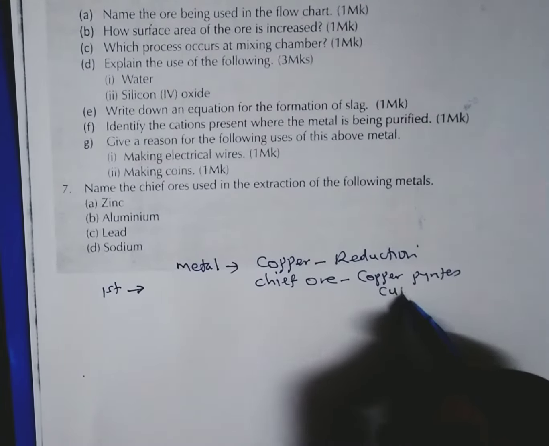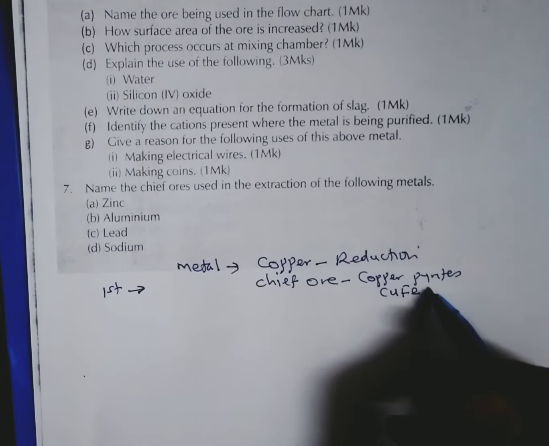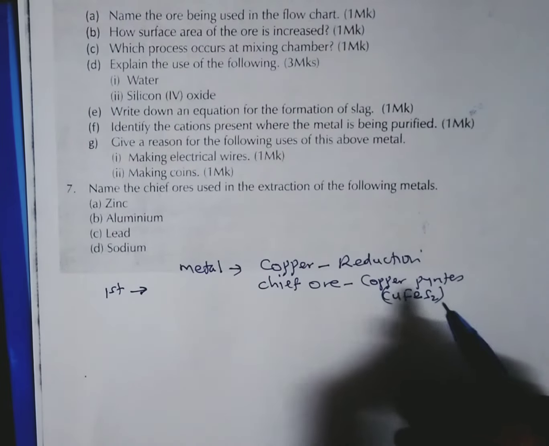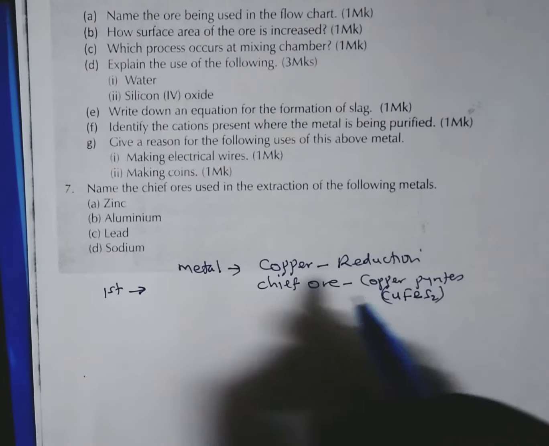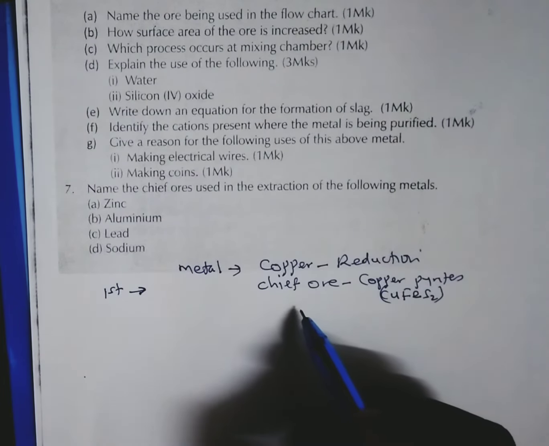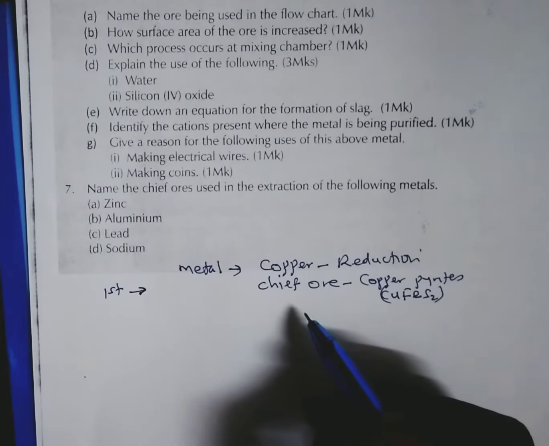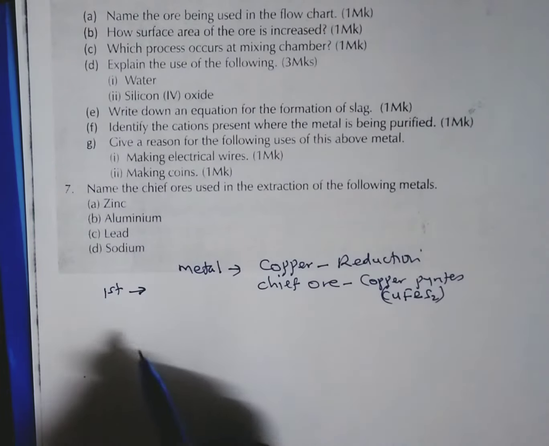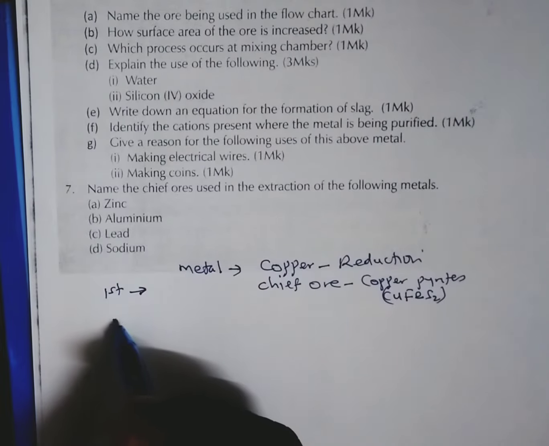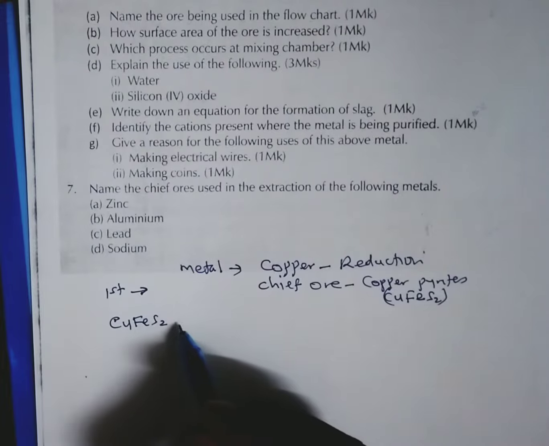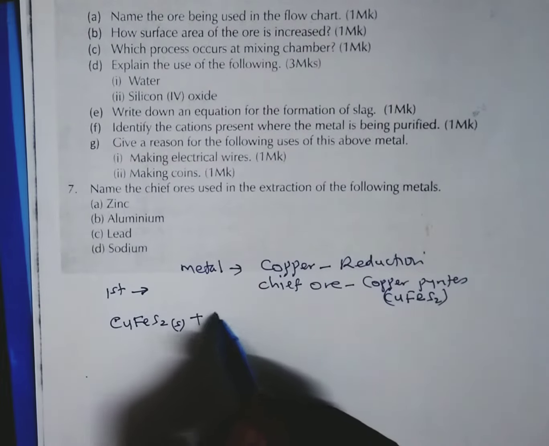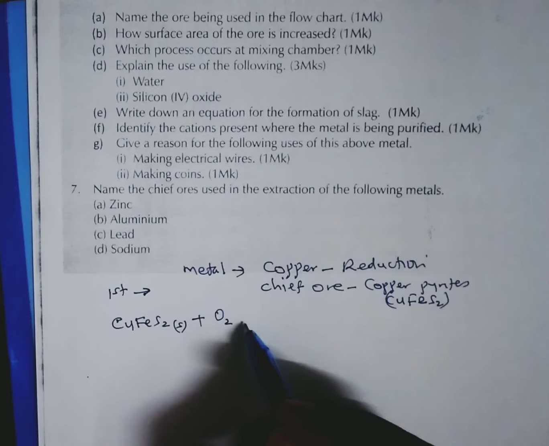which is CuFeS2. So the first step is where the ore is crushed, then concentrated by the flotation. After the concentration of the ore, we take the concentrated ore and roast it in air, that is in limited amount of air. That is, we are going to have copper pyrite. This is a rock. We roast it in limited amount of air,